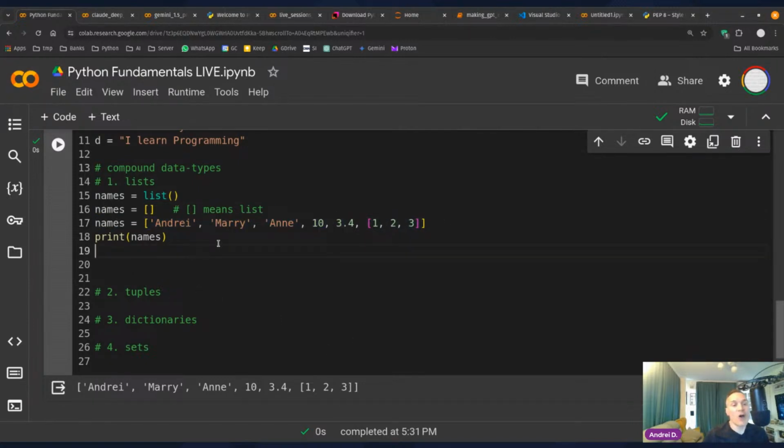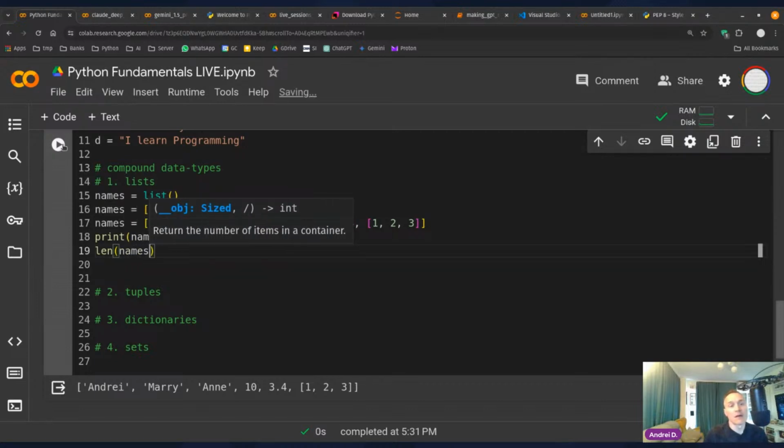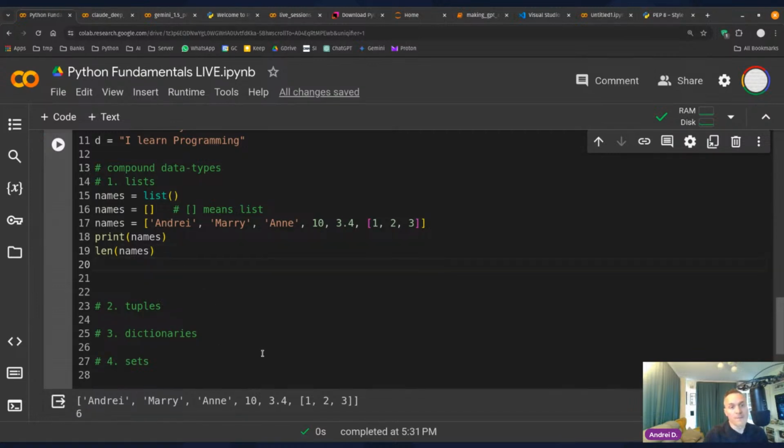Okay, if you want to see how many elements are in a list, or in a tuple, or in a dictionary, or in a set, in general, in any compound data type, you can call the len built-in function, len of names. There are 6 elements in the list. Or len of,